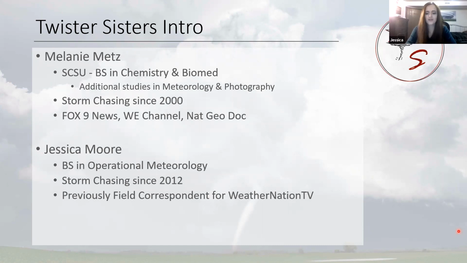So I was always just fascinated and interested in storms, but didn't really think of storm chasing as much of a thing. I didn't think that was something people actually did until Twister came out, and I was like, huh, people actually do this stuff. I wonder how I can get involved in something like that. I want to chase storms. And then it just kind of ended up unfolding naturally.